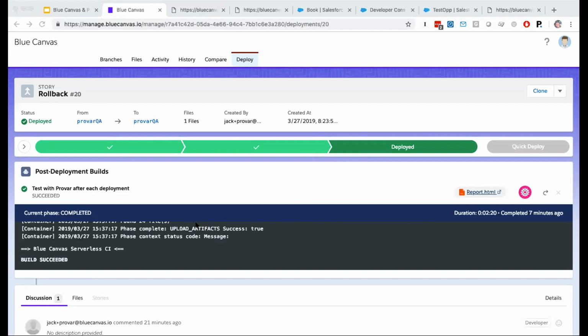Negative testing gets a little difficult to manage if you don't have some rules of engagement defined. But as long as you have that in place, and technically even if you didn't, Provar would still work. It becomes a much easier process to manage if you have that defined ahead of time, because then you can say, okay, I want to make sure this thing doesn't work. And when it doesn't do what it's supposed to do, I want to fix it and then make sure that it does do what it's supposed to do. That allows you to build out a pretty nice, robust